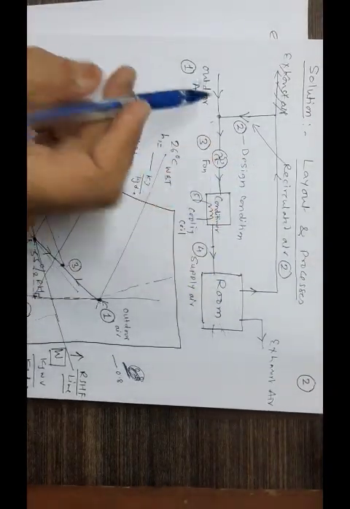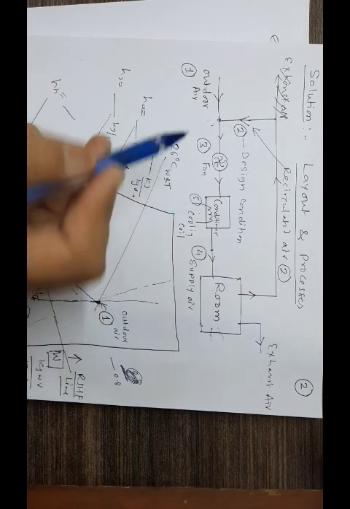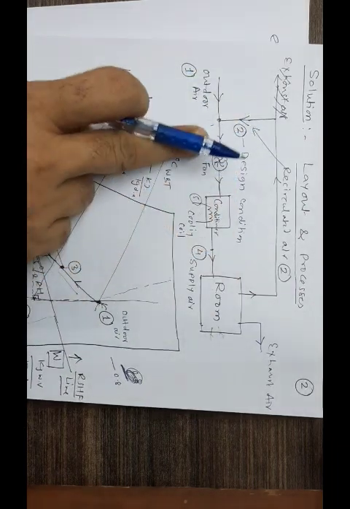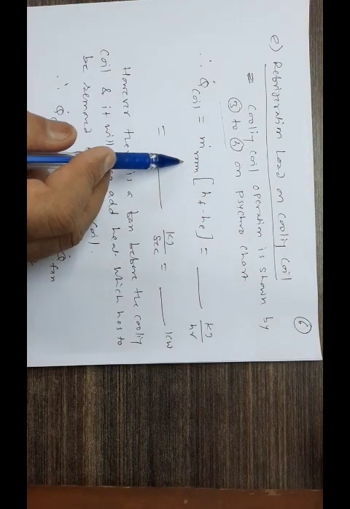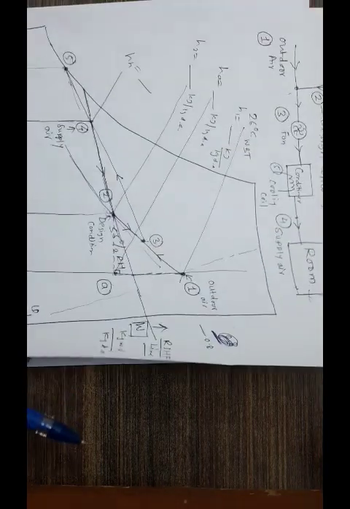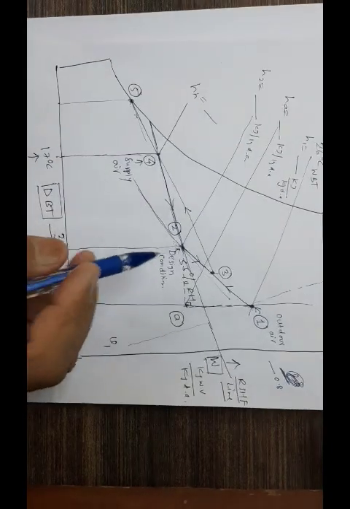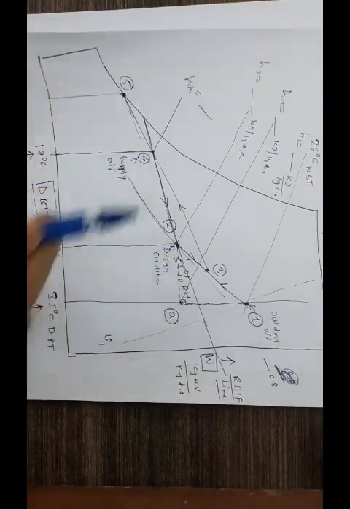Be equal to, what is the mass flowing on this? The entire mass. Is it only outdoor or is it recirculated or entire? Outdoor plus indoor is all, total is going on this, and total is being supplied. So m dot total, that is m dot total here. And what are the conditions from here to here? You have this particular point, that is 2, and this particular point, that is 4.